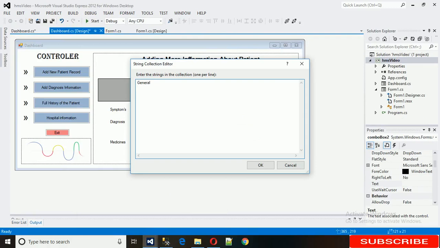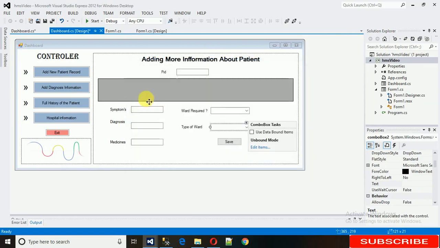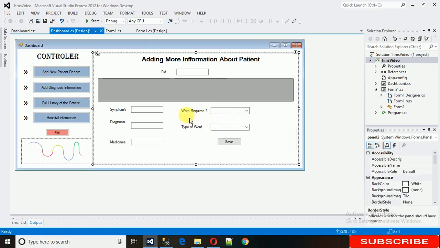General. Let me change it. Let me make it AC or non AC or none. Okay, so I have added this none because if someone selected that ward required, no, then type of ward is none. Okay, so now what we are going to do is I'm going to